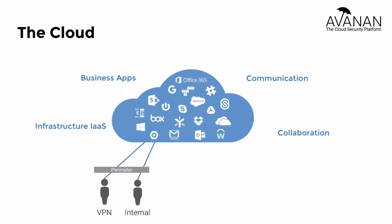Corporate use of the cloud is accelerating. Companies trust more of their business to SaaS and infrastructure as a service. Where once corporations blocked access to the cloud, they're now embracing it as a strategic advantage, whether it's infrastructure as a service like Amazon, communication apps like email or Slack, collaboration tools like Office 365, or business applications like Salesforce